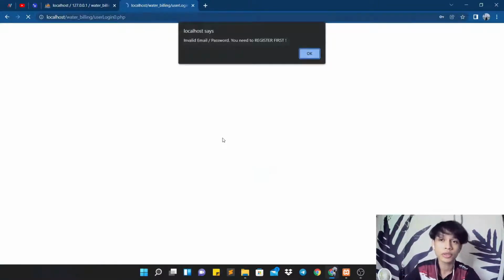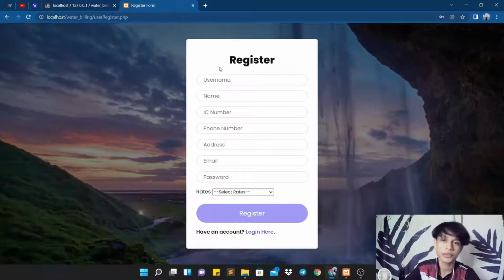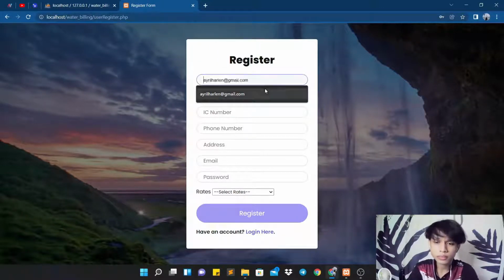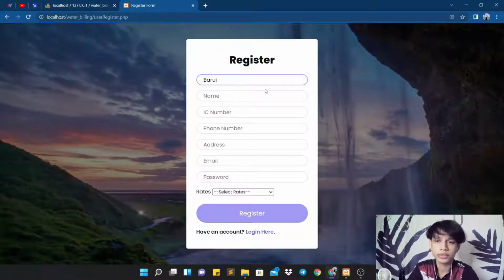If the system notifies us with this kind of message, invalid email and password, that means that the user email and password is not in our database yet. So the user needs to register first. After clicking OK, it will bring us to the register page. Here, the user can register the name,